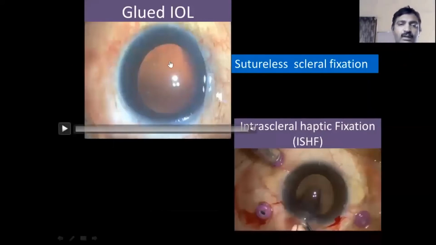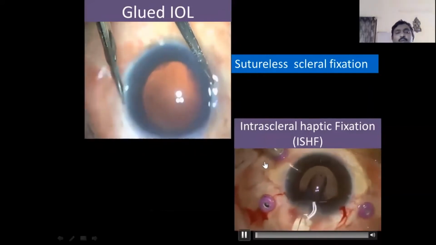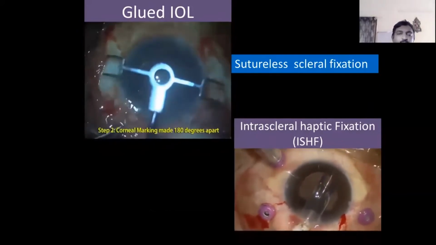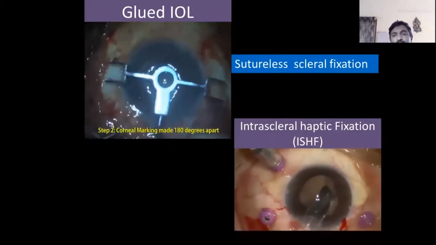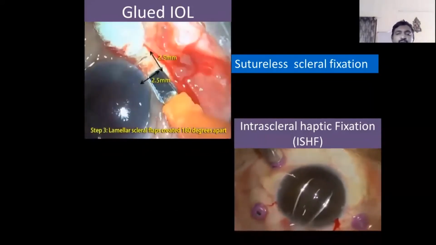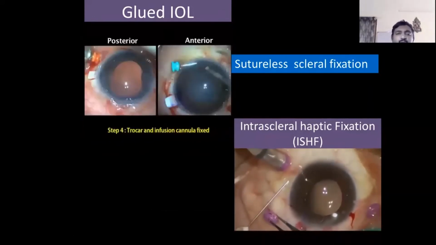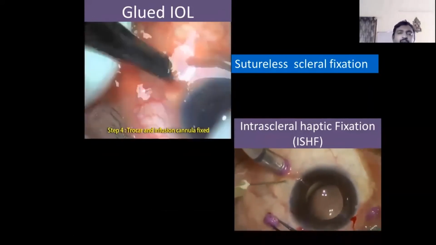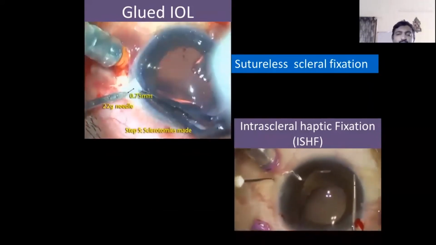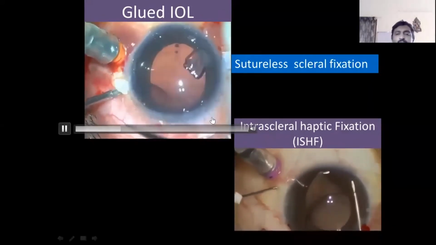The other thing is the glued IOL and the needle fixation of the IOL. Here the main thing is haptic externalization. In a glued IOL, haptic externalization is done with the help of a forceps. In the M&A technique or intrascleral haptic fixation, one tends to use needles, a 30 gauge needle or a 27 gauge needle, to externalize the haptics. And here the scleral flaps are made in the glued IOL, but there are no flaps in the intrascleral fixation as shown below. And